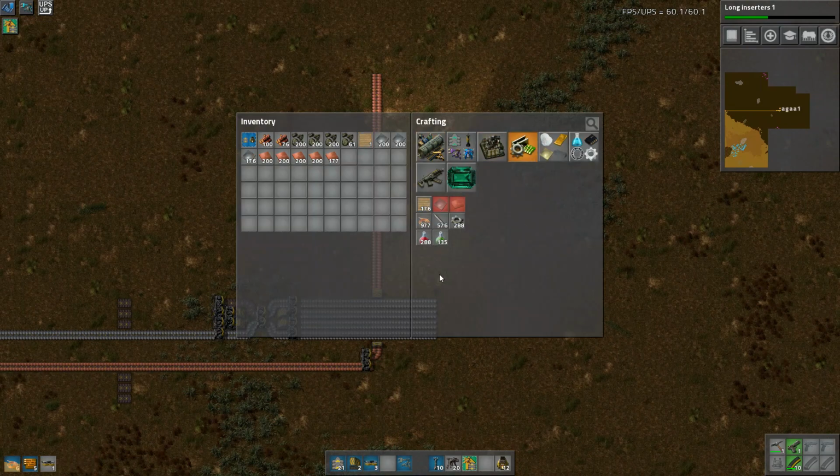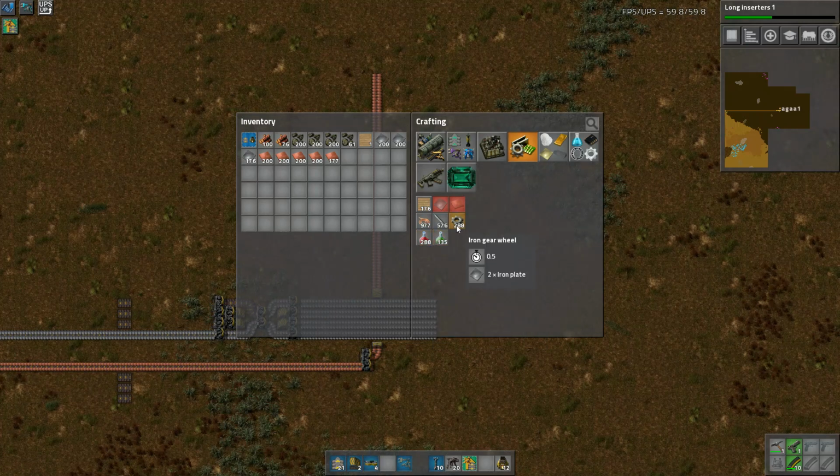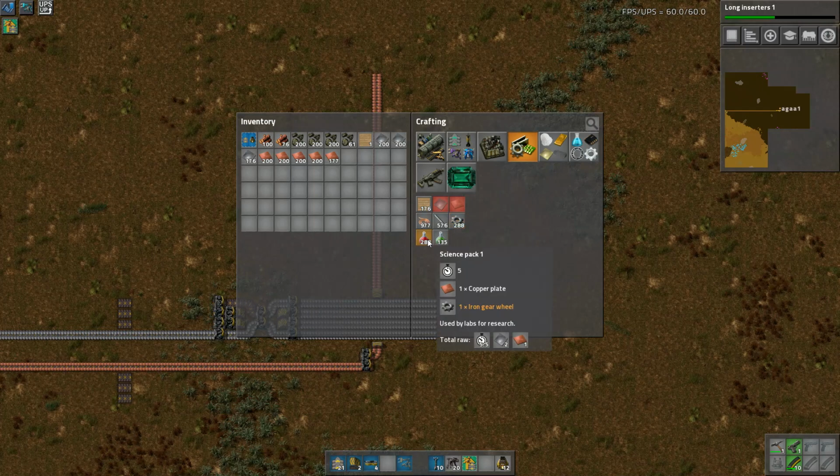So let's go ahead and do some maths here, because maths is fun and you need to do it for Factorio. So this guy needs one iron gear wheel every 5 seconds. An iron gear wheel takes 2 iron plate and it takes half a second to cast. So that means, and you'll just have to trust me here if you can't figure it out, that for every assembly building, creating every...